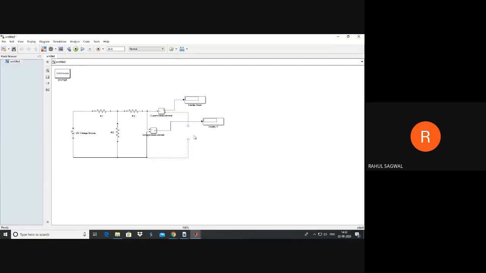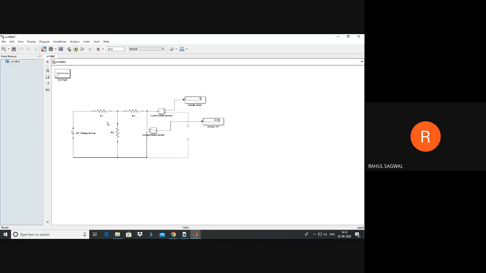So now what will be the value of current displayed here? As this branch is open circuit, the current will be 0, but some voltage will be appearing across these terminals. That will be nothing but VTH, Thevenin's voltage, right?